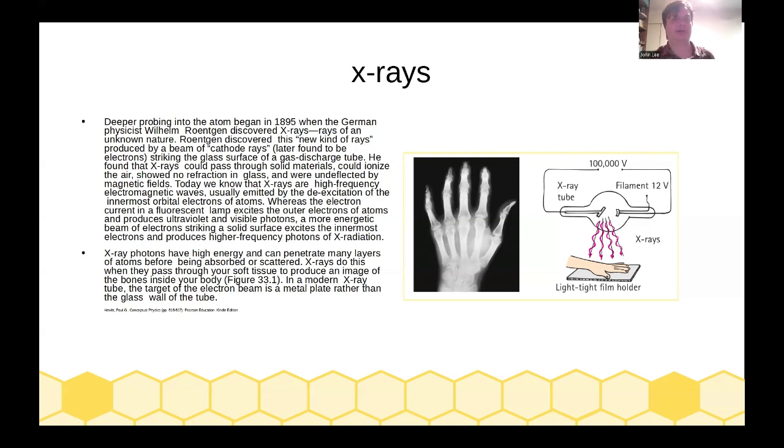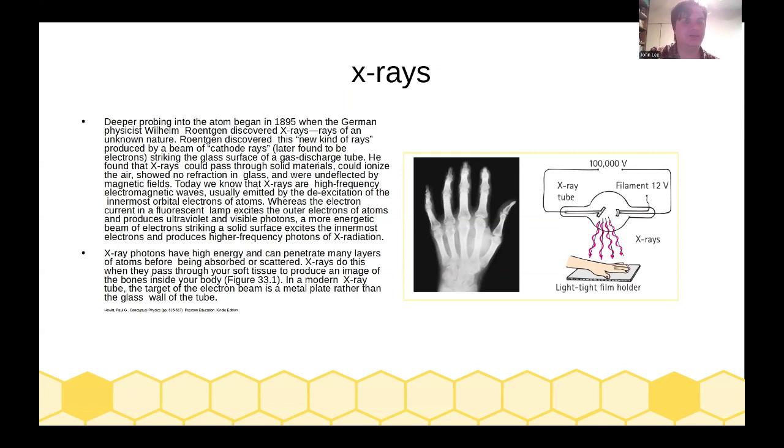He found that X-rays could pass through solid materials, could ionize the air, showed no refraction in gas, and were undeflected by magnetic fields. Today we know that X-rays are high-frequency electromagnetic waves, usually emitted by the de-excitation of the innermost orbital electrons of atoms. Whereas the electron current in a fluorescent lamp excites the outer electrons of atoms and produces ultraviolet and visible photons, a more energetic beam of electrons striking a solid excites the innermost electrons and produces higher frequency photons and X